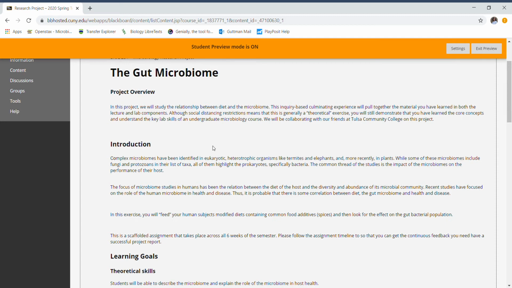So in this project, we are going to study the relationship between the diet and the microbiome. And I don't want to give too much of that away because it'll interfere with your first assignment. But we were supposed to study this using fruit flies. So we were going to take some fruit flies, adjust their diet, and then see the effect of that diet